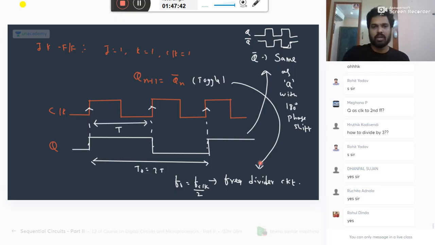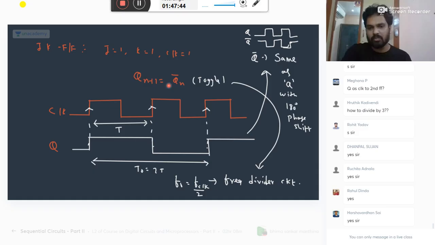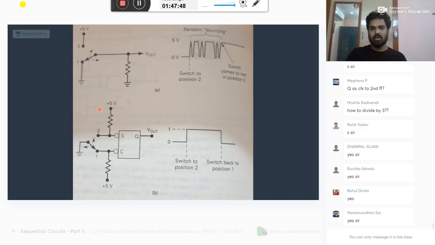Okay. So I told this earlier: the flip-flop can be used as a frequency divider circuit other than memory. Now you see this one. This is very good. Please observe here carefully. Suppose you are pressing your keyboard switches. Earlier mechanical keyboards are there, right? You use them to press the keys, typewriting, etc. You remember? If you press the key or you move the switch from this position to this position, it is